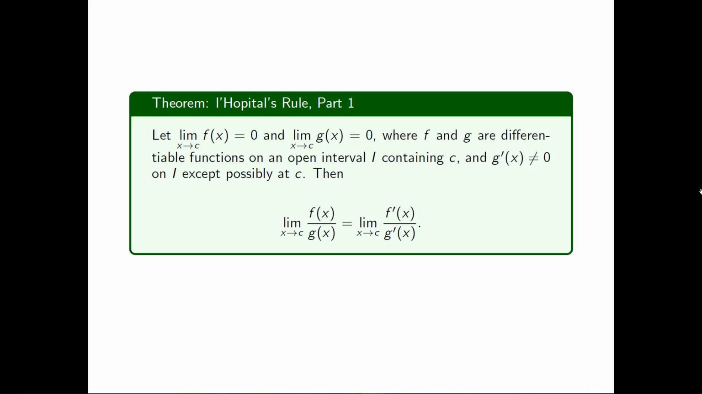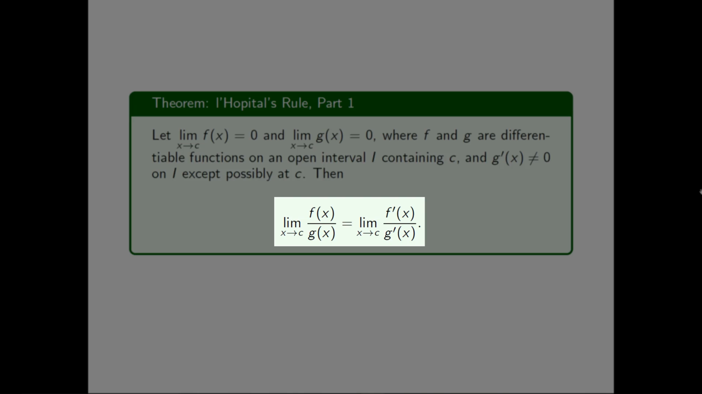Okay, so let's take the first part of the rule, and this will apply to the example we've seen previously. If we have this ratio, f of x over g of x, and as we approach some value c, they're both approaching 0, and we're going to assume that they're both differentiable functions, then the limit as x approaches c of f of x over g of x is equal to the limit as x approaches c of f prime of x over g prime of x. So we take the derivative of the numerator, the derivative of the denominator, each as separate functions,